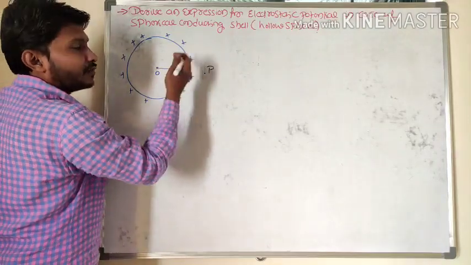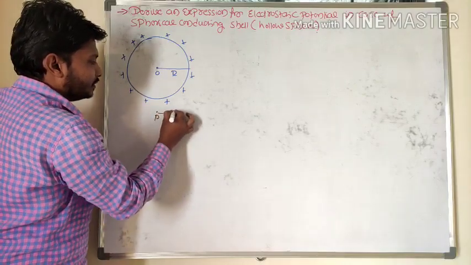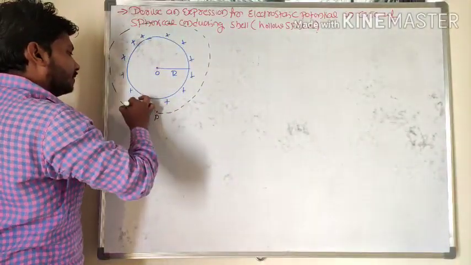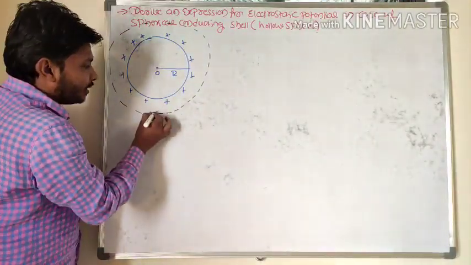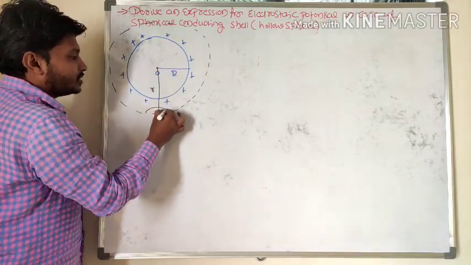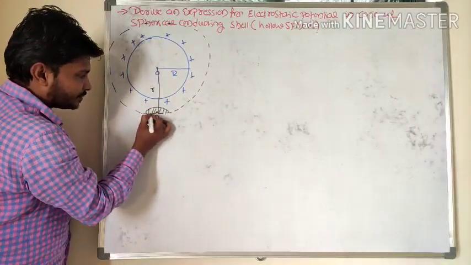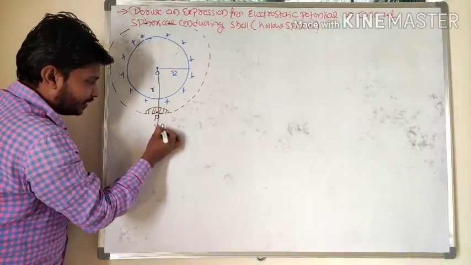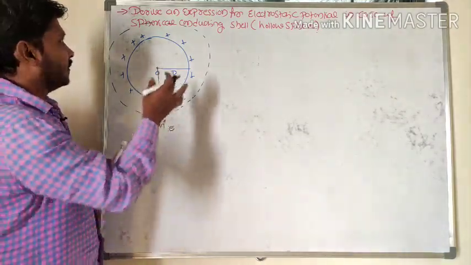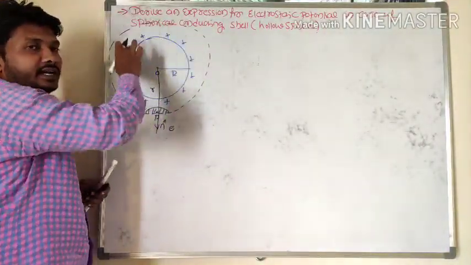My intention is to find out the potential at this point P. I will draw an imaginary sphere here, where I would like to determine the potential value. This distance I will name as small r. This point of observation is outside the sphere. For this small sphere I will draw the normal line, and along that same direction the electric field is present. So look here, I will consider one hollow sphere, and one point that is outside the sphere.